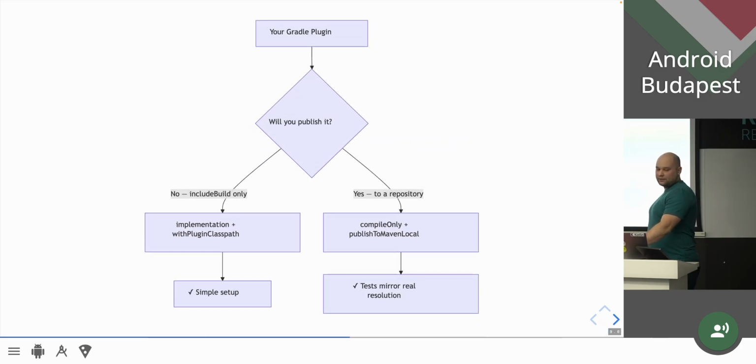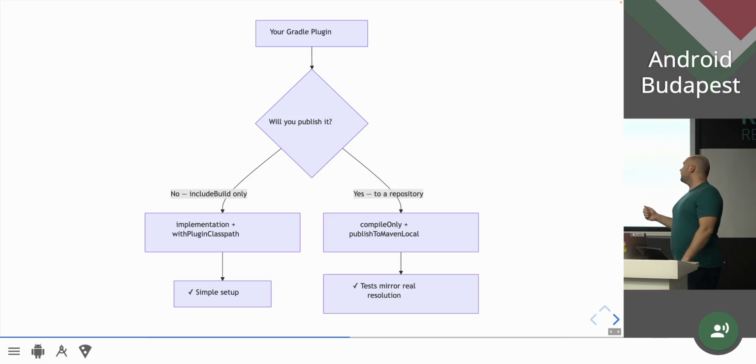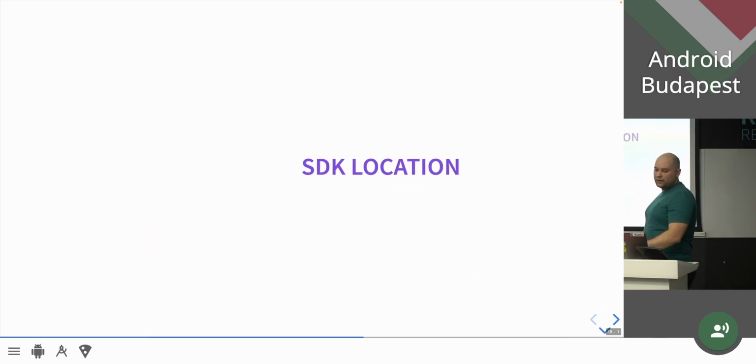So again, here is the picture of how to decide whether to use included build or skip it. You ask yourself, will you publish it? If no, then go with implementation plus withPluginClasspath, a simpler setup. If yes, if you want to publish it, you need to rely on compileOnly and then publish to Maven local